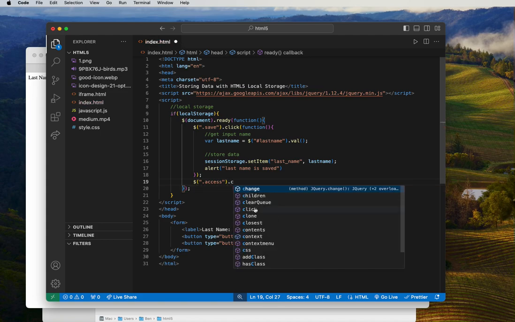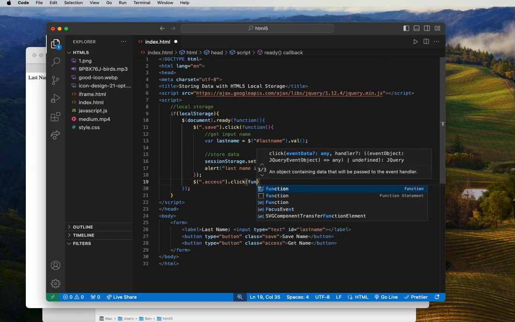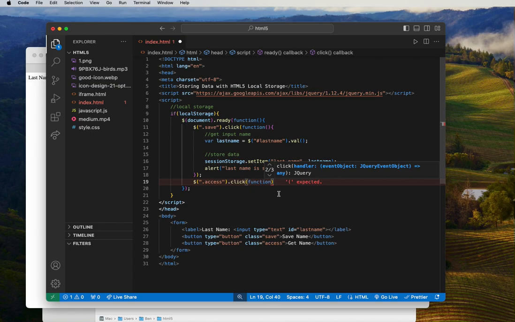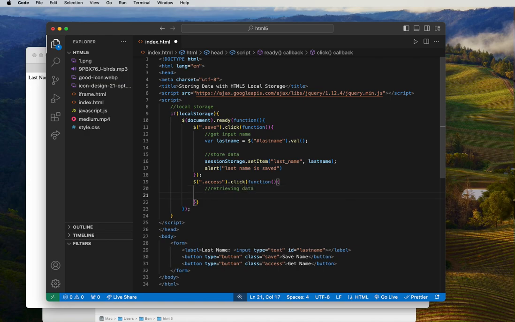So dot click, and with the dot click, we're going to have another function, which is an anonymous function, and with this function we're going to have the logic here. So here is retrieving data. Retrieving data, first what we have to do is to have an alert dialog,